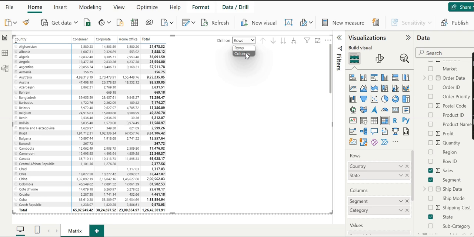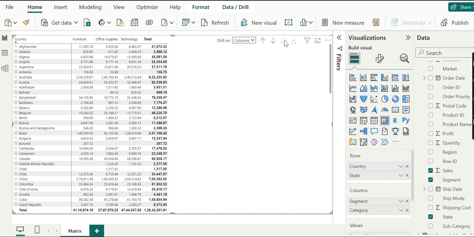So guys, I am selecting columns here. And one important thing I really want you to note: if I select columns and click on those rows, you can see the headings change.